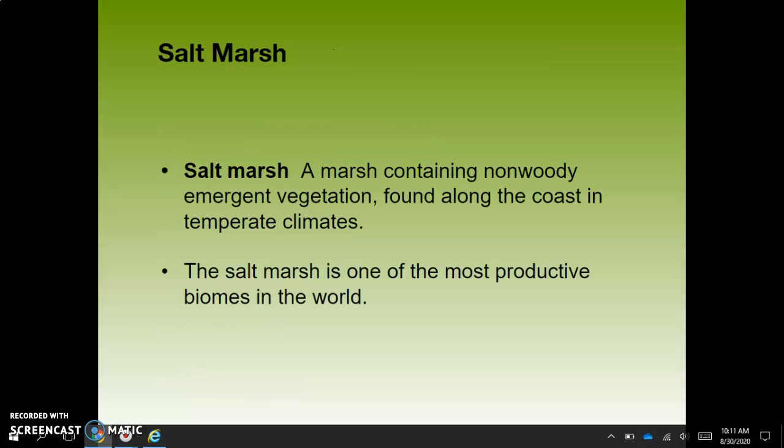A salt marsh is a marsh containing non-woody emergent vegetation found along the coast in temperate climates. We have a lot of salt marshes along the coast in North Carolina. Again, just like a freshwater marsh, these are one of the most productive biomes in the world. Salt marshes have a distinct smell. They have really muddy, fertile soil, and they have emergent vegetation that looks like really tall grasses,